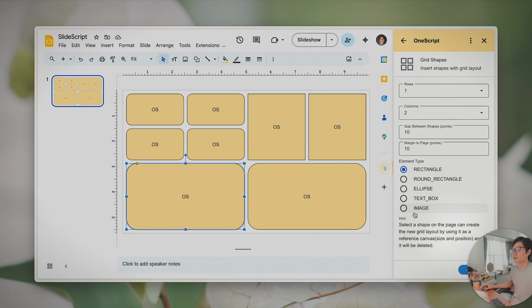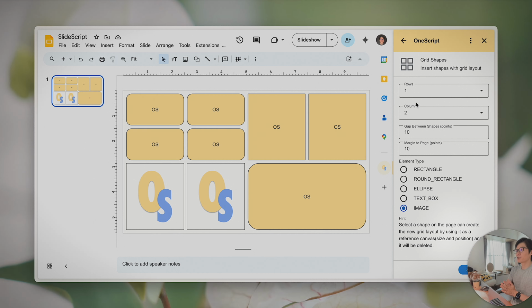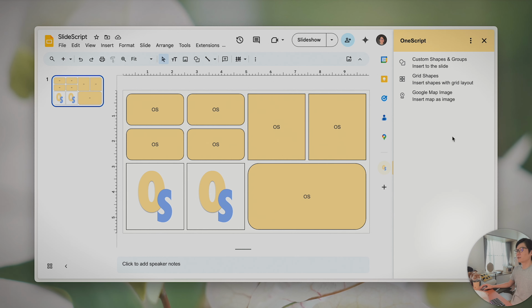And if you want to insert an image, you can do an image here. By default, I'm placing a placeholder image there, and the text box is basically very similar to these shapes, but they're just text box. Okay, so this is about this Grid Shapes feature, the second one, and the last one,